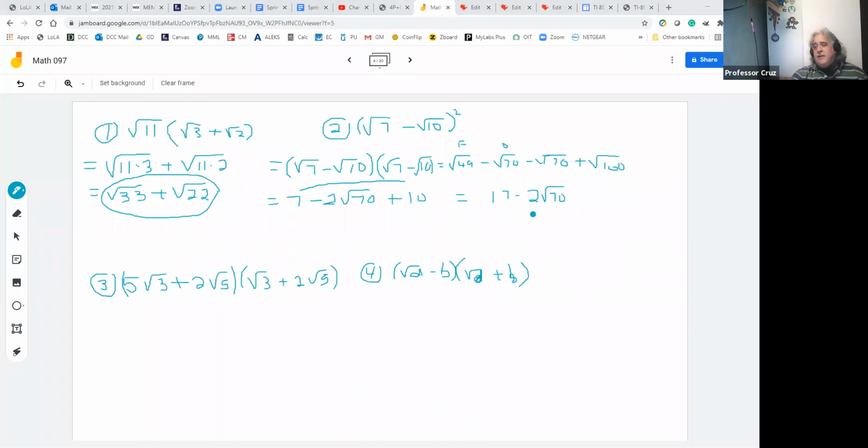And you can look at 70, let's just see if there's something that'll go in, because I don't think 4 will go into it. And 70 doesn't divide by 9. And 70 is not divisible by 49. So that's it. All right, try